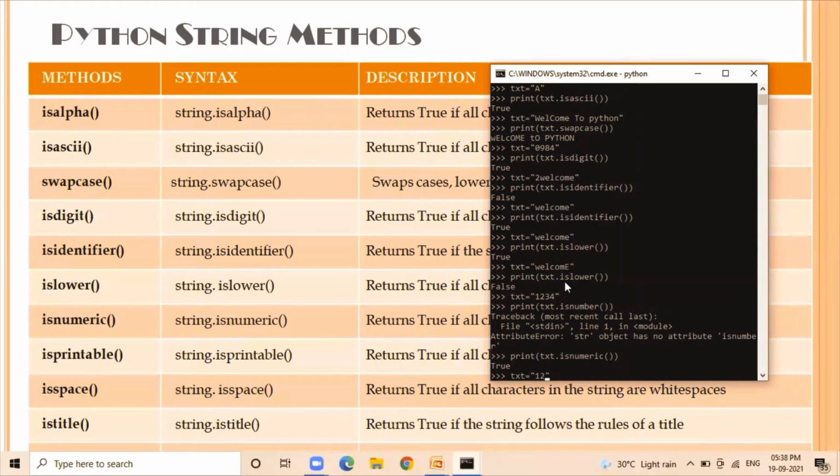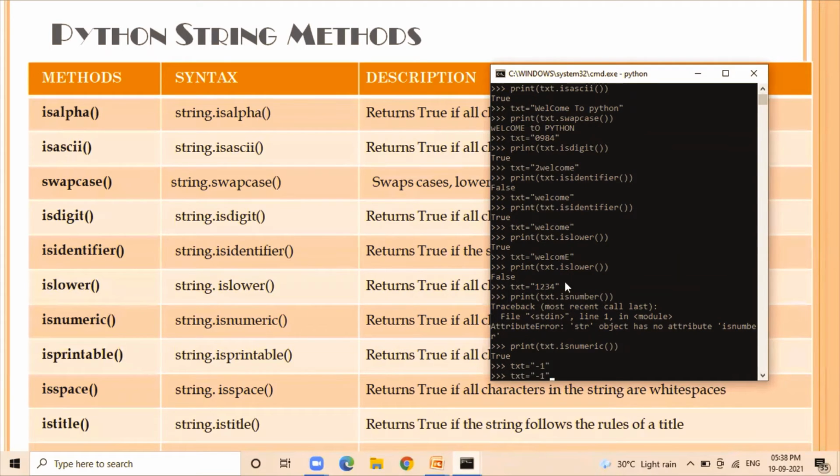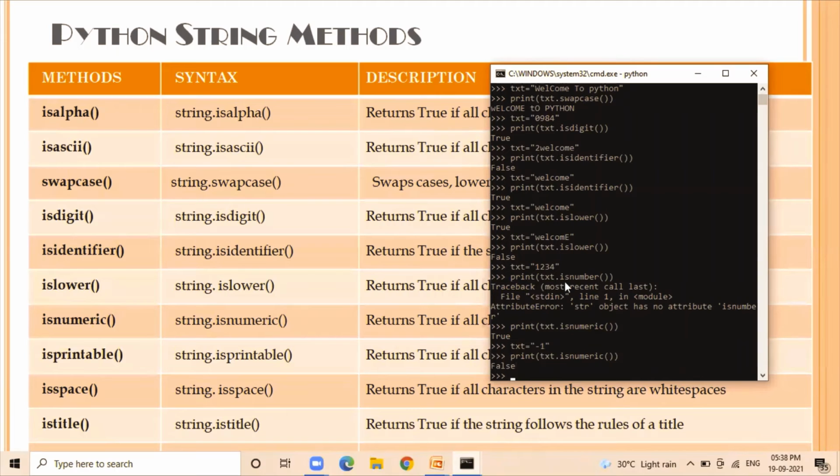In case we have a negative value, when we create a negative value and use the isnumeric function, then it shows false. The isnumeric function does not support negative values as well as fraction values. So it supports only integer values.